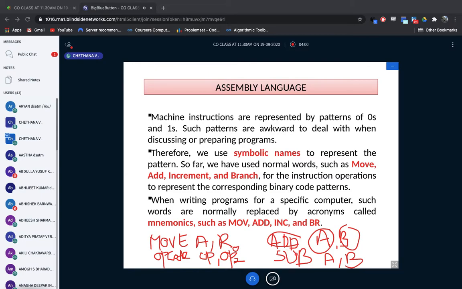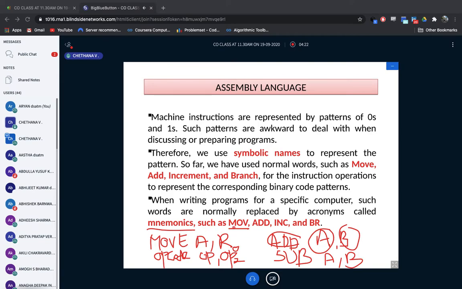SUB is the standard code, the standard mnemonic code. These are all mnemonics. So for move the mnemonic code is MOV, and for add we have to write ADD. We can't write addition, we don't have such an instruction.